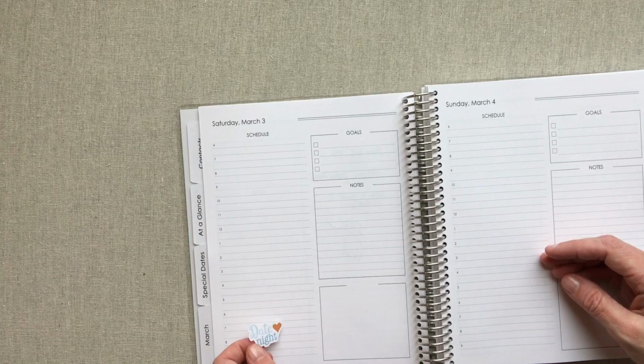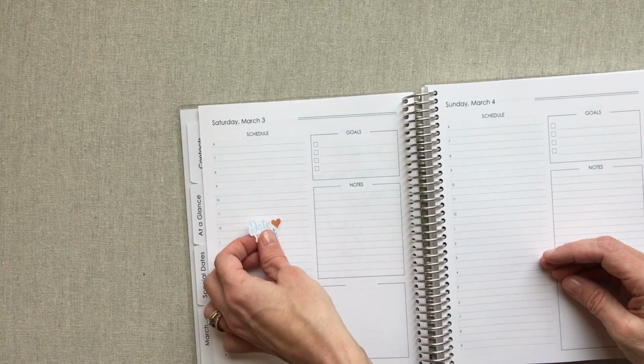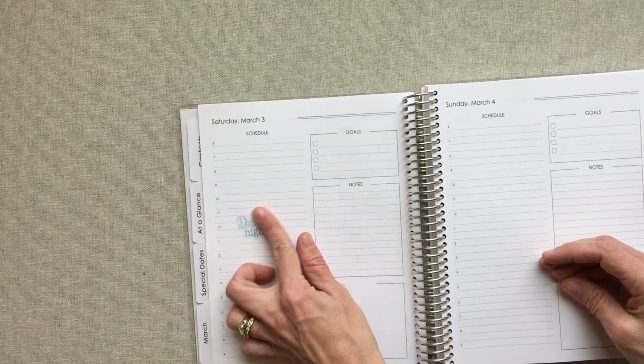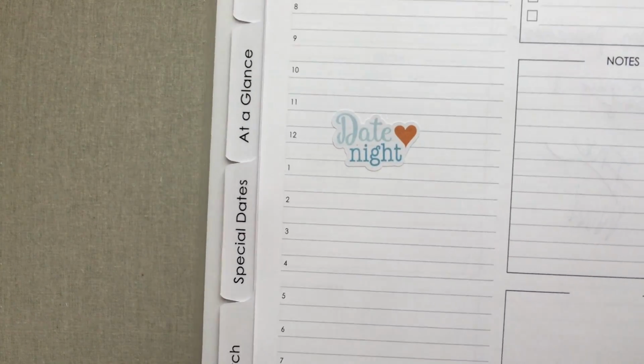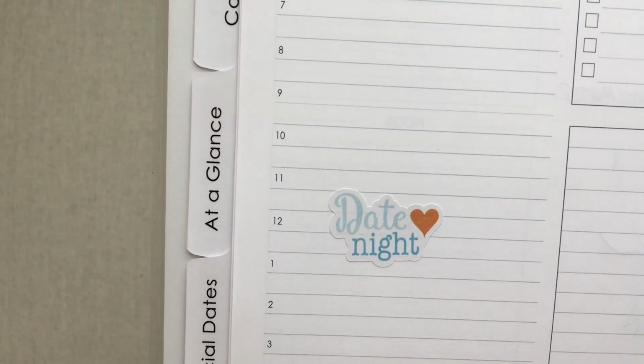So let's put a date night in here on a Saturday. Actually, we usually go on lunch dates or even breakfast dates because it's just easier with kids and bedtime and having church the next morning. So anyway,